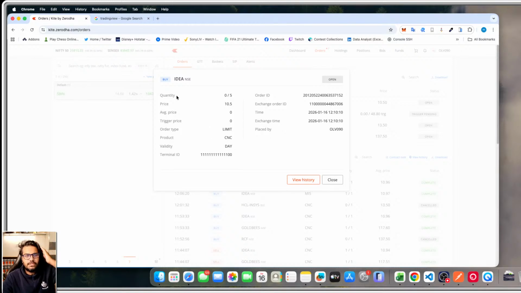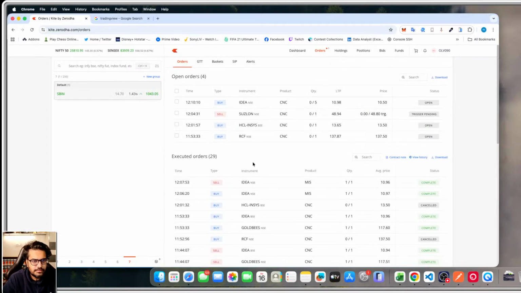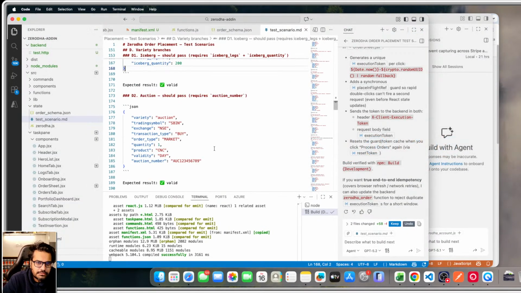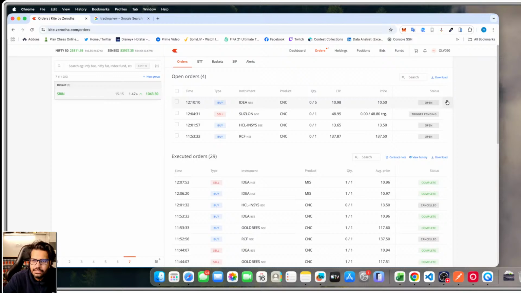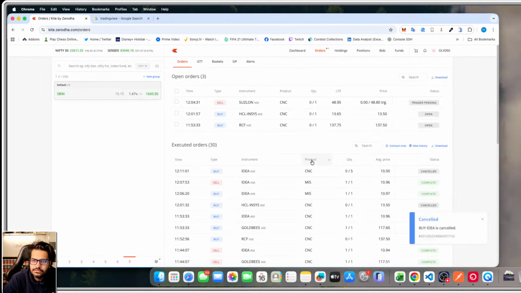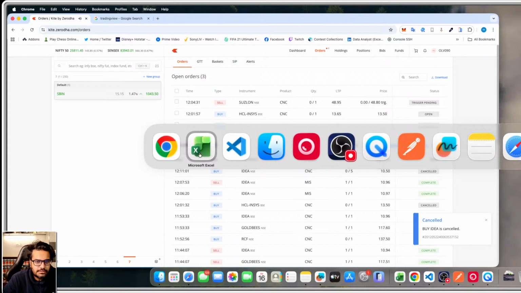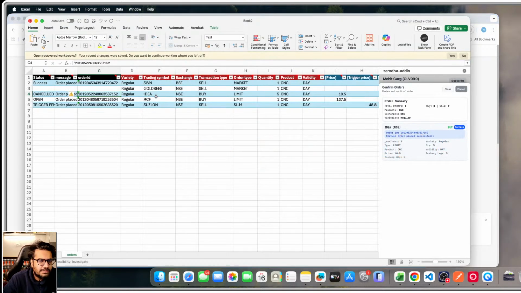Quantity 105, limit CNC terminal ID place 5 is this. Okay. Auction number. I don't think this auction number variety is auction. Oh, see, this is iceberg. Sorry, this I can cancel. Let's go here. This is cancelled,